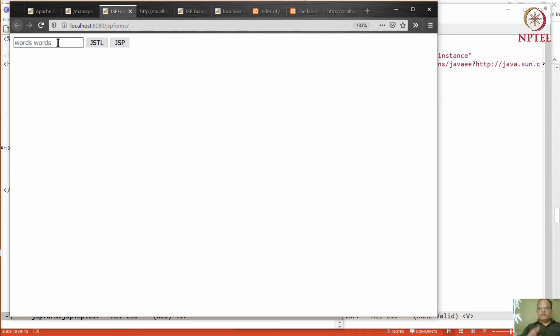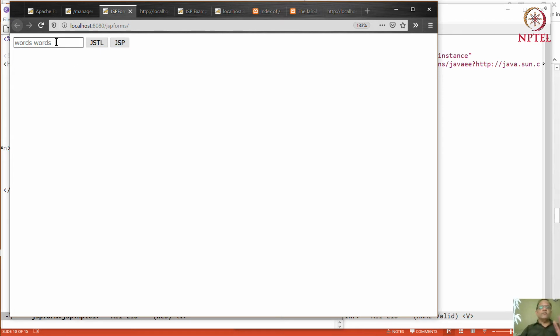We have a form. It's very bare bones, and it has two buttons, JSTL and JSP. I chose this because this is very similar to how our final GUI-like app is going to be, with a text field and with 3 buttons and some other things, and we will take a look at the details of that later.